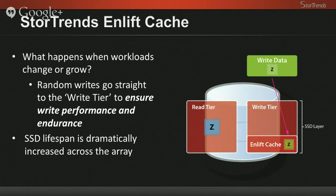And so if Z gets written to all of a sudden, it turns into write data. We'll just throw that into cache and then basically blank out the Z block on the read tier, because that's not the latest block. Now, if it continually gets written to, we'll push that into the write tier. And even better, it's already technically in the write